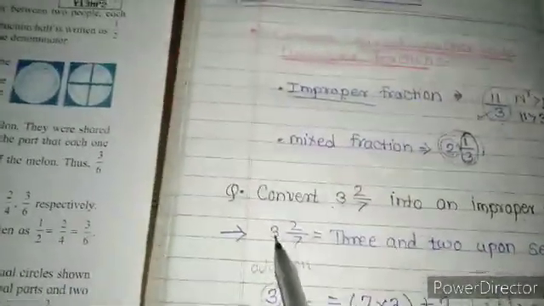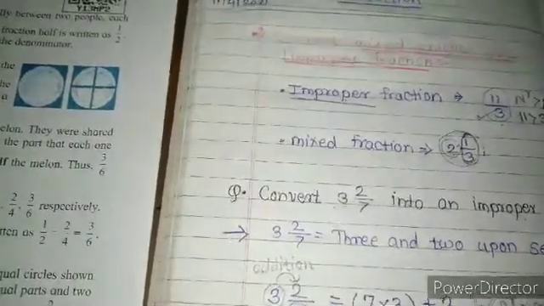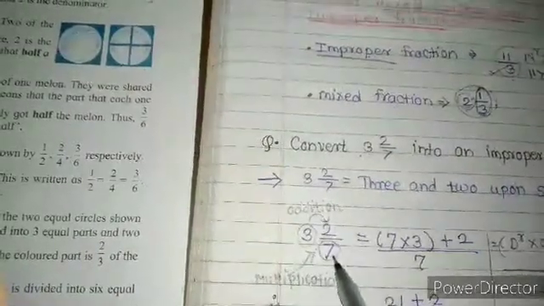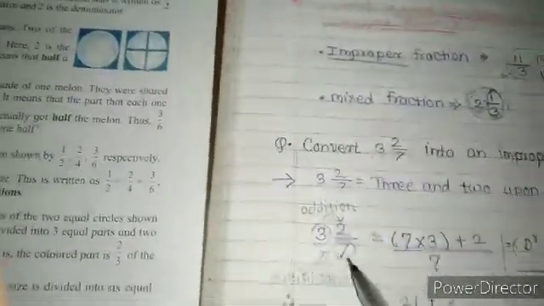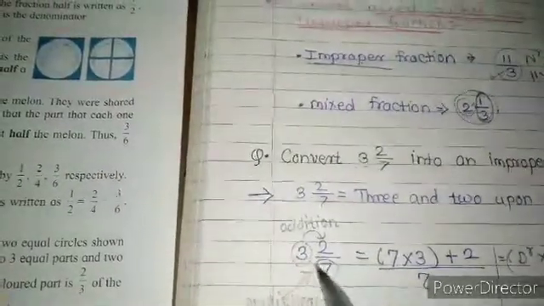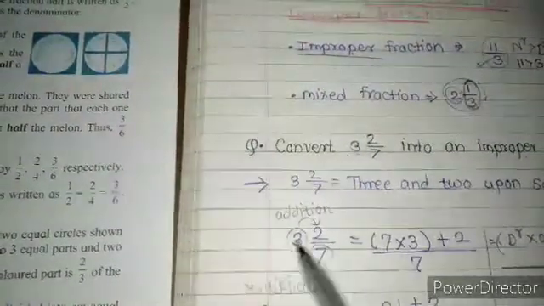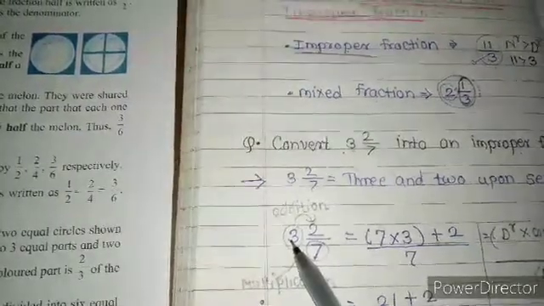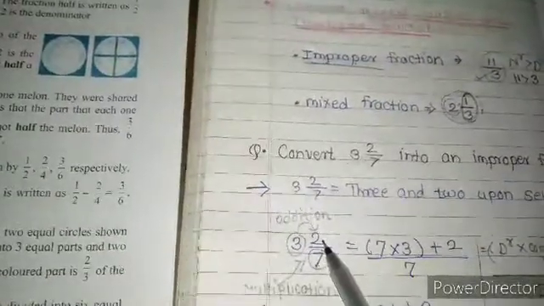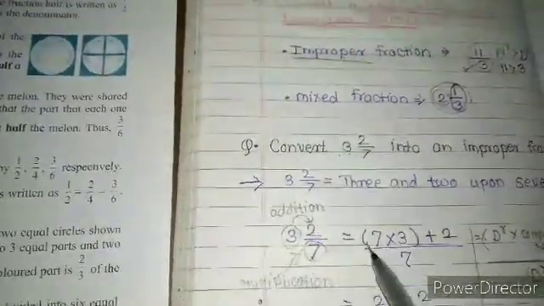You have been given the mixed number 3 and 2 upon 7. We have to convert it into an improper fraction, and for that a simple method is used. So look at that simple method. First write down the given mixed fraction 3 and 2 upon 7. Then what do we have to do? First we have to multiply the denominator and the complete number, and to the result of this multiplication we have to add the numerator, and put it over a fraction line.